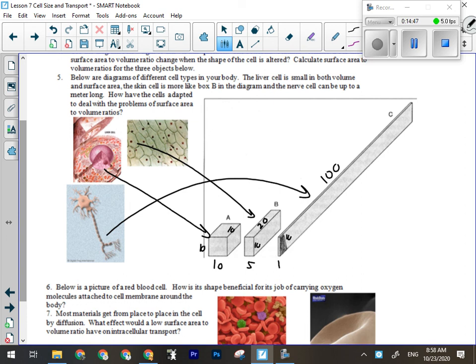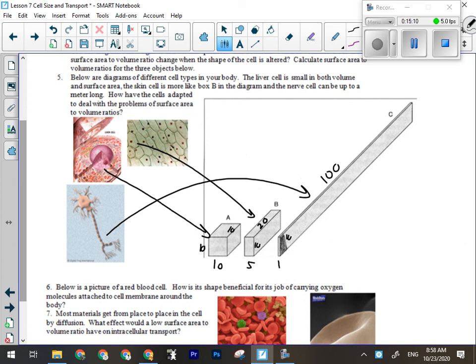So you got to talk about the situations these cells could be in, okay? Think about a cell in your liver. Are there lots of blood vessels in the liver? Okay? Does its shape really matter a whole lot if it's well supplied with blood? Okay? Think about a skin cell. It only gets supplied with blood and nutrients on maybe 3 out of the 6 sides, okay, maybe 4 out of the 6 sides, but it's certainly not supplied on all sides, so its shape is a little bit different,